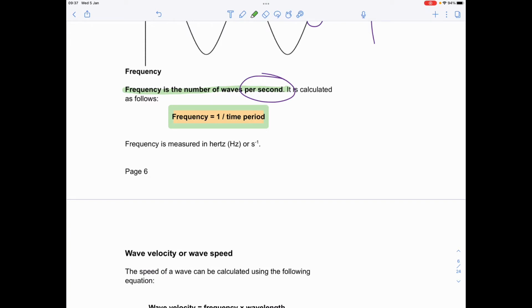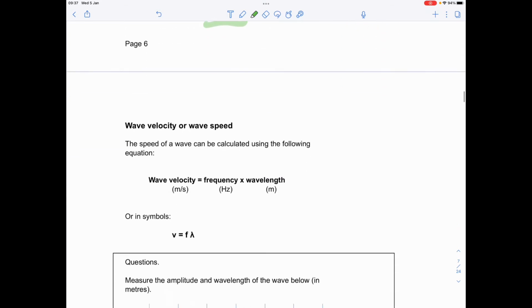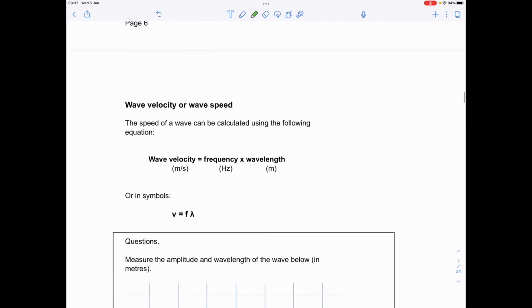So for example, if the time period was 2 seconds, then the frequency would be 1 over 2, which is 0.5. And the unit of frequency is the hertz, which is shortened to capital H, Z. So the hertz is the measurement of frequency. Okay, so that's frequency. And then we have the wave speed or the wave velocity,